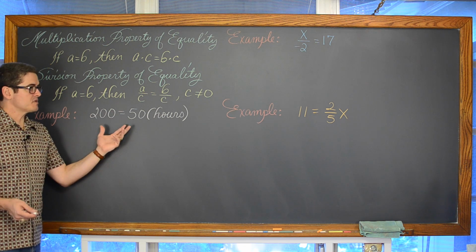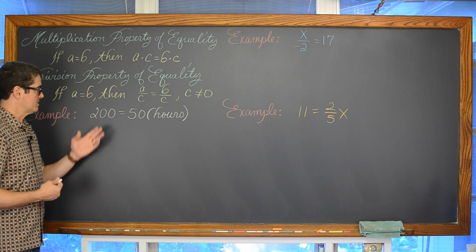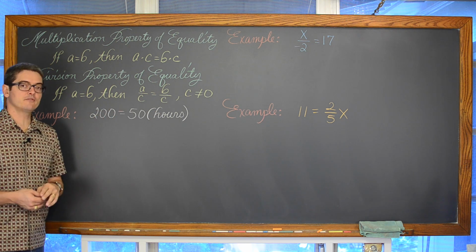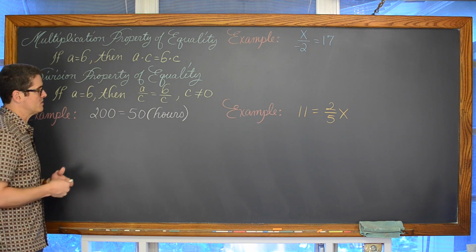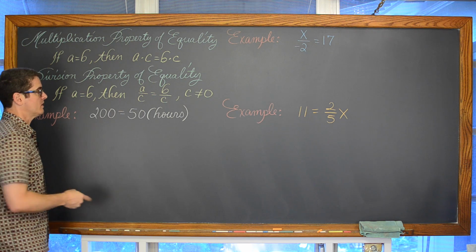So our first example of these 4 is going back to that original problem about the traveling question. How many hours is it going to take for you to drive 200 miles if you're going 50 miles per hour? Now, again, we already knew it was equal to 4, or at least we can understand that if we know our mental math really well.